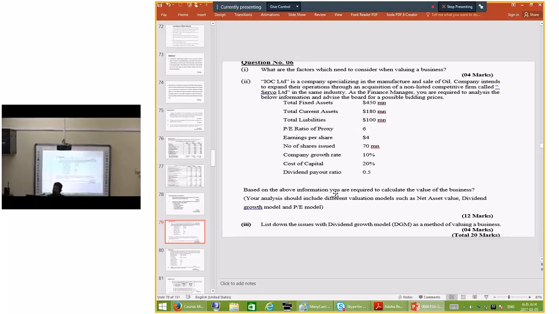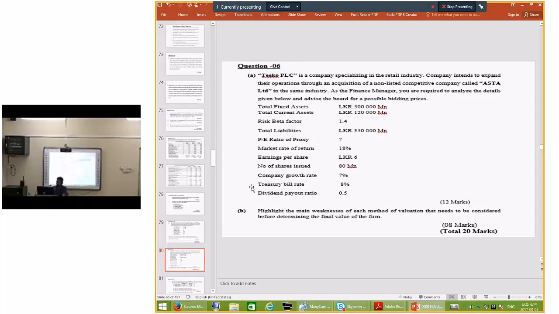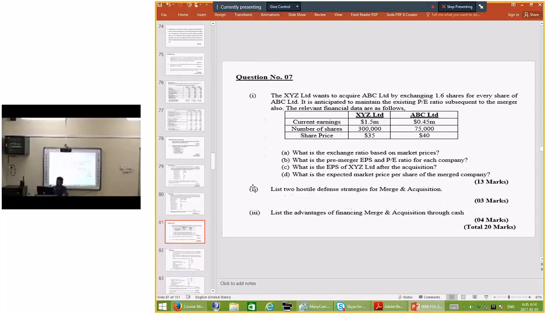Then there are a number of valuation methods. Now you can use the net assets model, or the price earning model as given by the instruction, right? You can list down the issues with the dividend growth model, right? Again, similar types of questions here. Then you can provide answers for this type of questions,